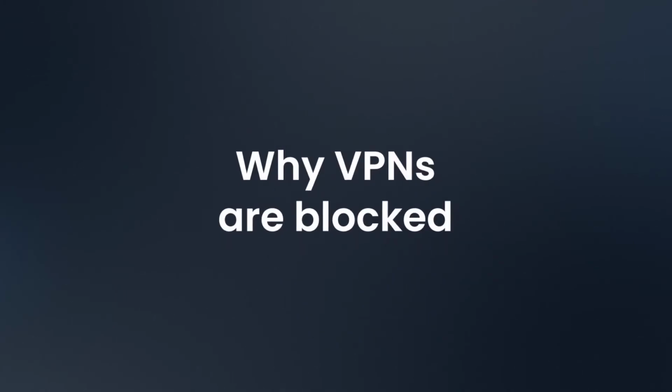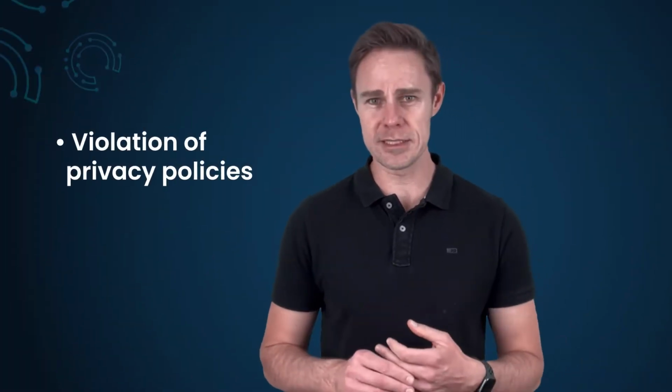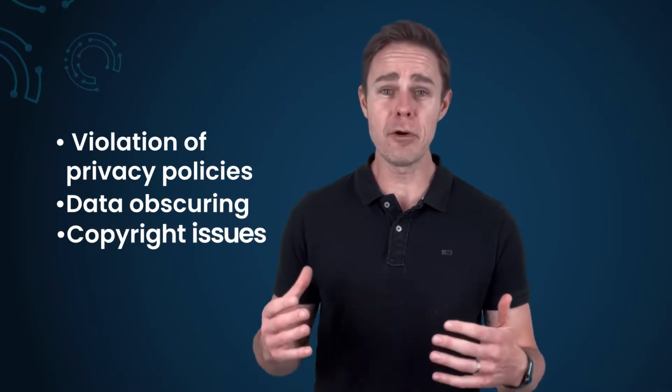Let's kick things off by examining why VPNs may be blocked. It's no secret that VPNs allow users to get away with certain things that may have otherwise been impossible. And for this reason, they are typically viewed as dangerous, or at the very least detrimental to some companies' revenue streams. VPNs are blocked for a variety of reasons, including violation of privacy policies, data obscuring, copyright issues,